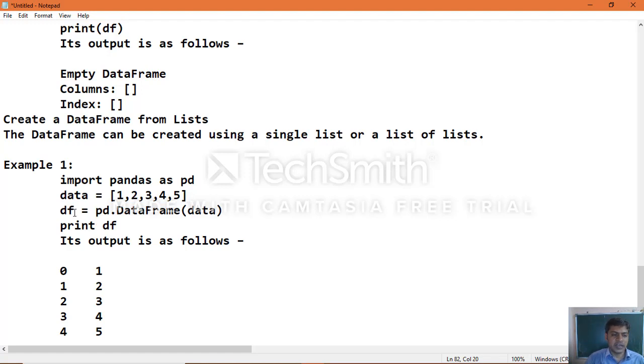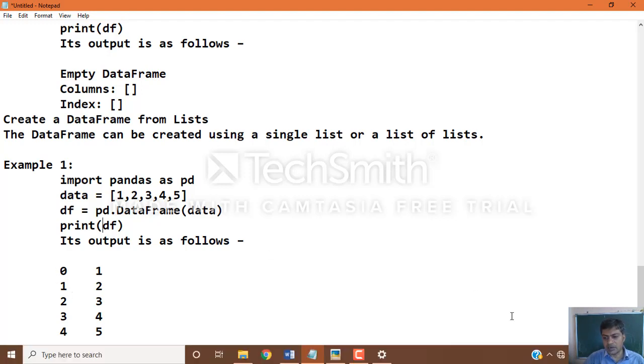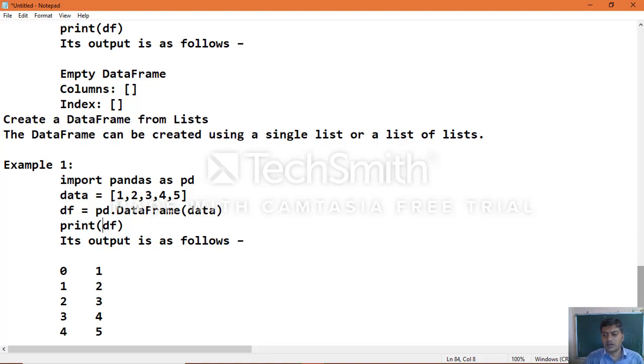Then df equal to pd.DataFrame of data. Print df, and here use parentheses, otherwise you will get an error. The output shows the default index numbers and the data we passed, 1 2 3 4 5. That is a simple way you can make use of your data frame.